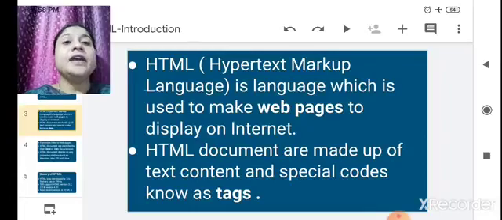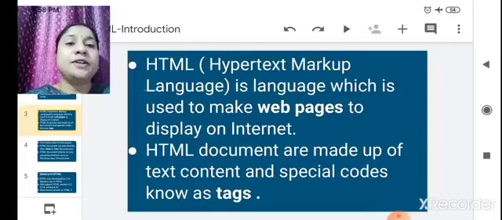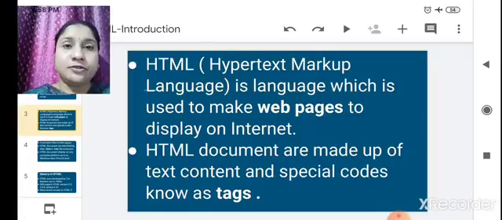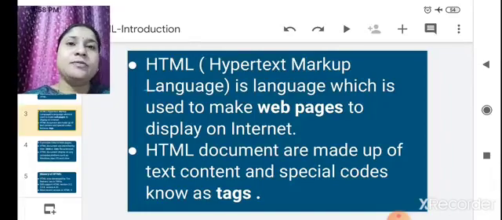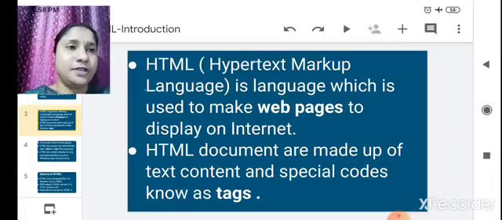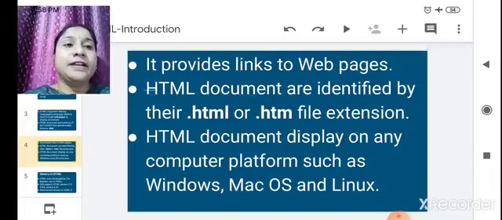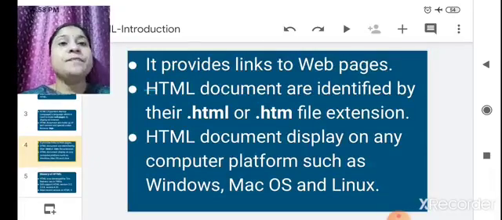HTML documents are made up of text content and special codes known as tags, which we are going to see further in this chapter. It also provides links to web pages.